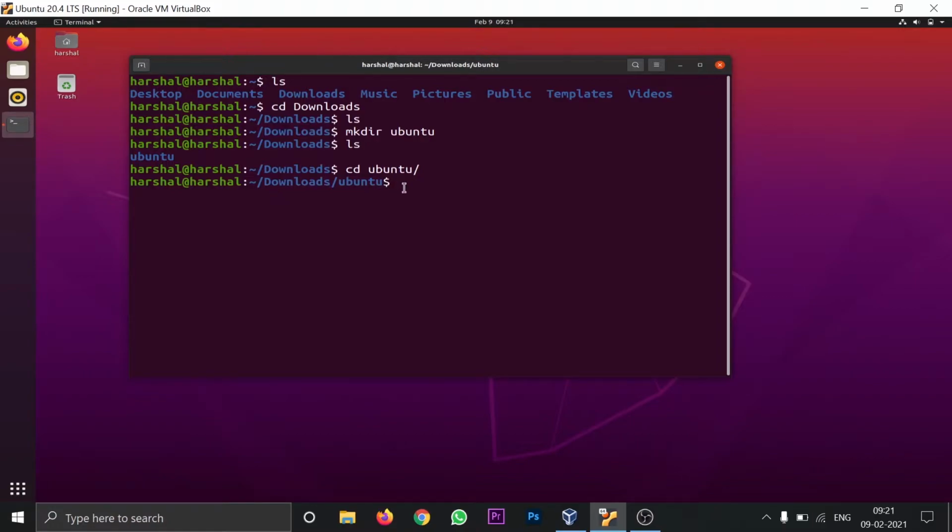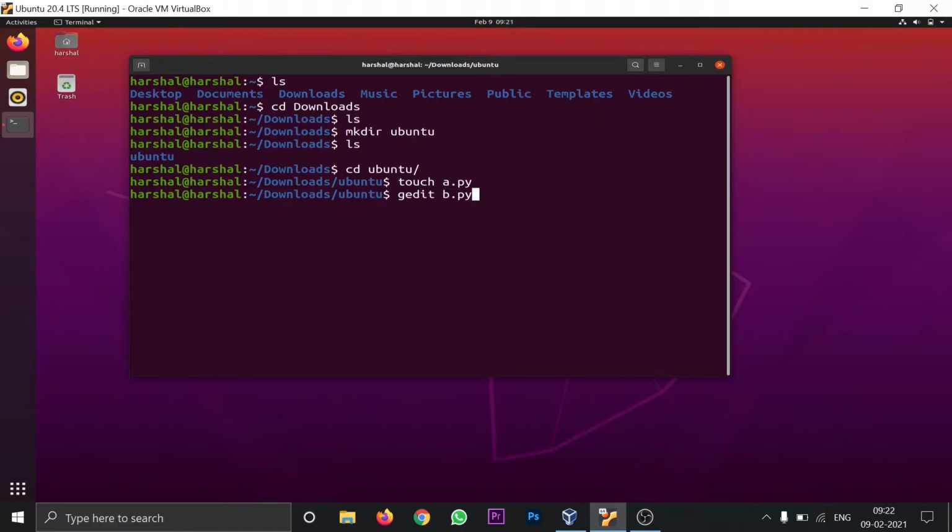And now here you want to create a file, not a folder. Check out the vocabulary: I am saying file, not folder. So now if you want to create a file, use the touch command or the gedit command. Gedit is a text editor, pretty similar to Notepad or WordPad in Windows. And touch is a command where you will not find an interface to write anything. It will just create a file. It won't do anything. And gedit, I'll show you with an example. So touch is a command, and type the file name. I am giving it as a.py, a Python file. Hit enter. Here you won't find an interface, and if you use gedit